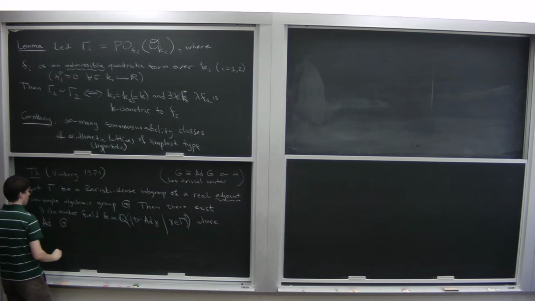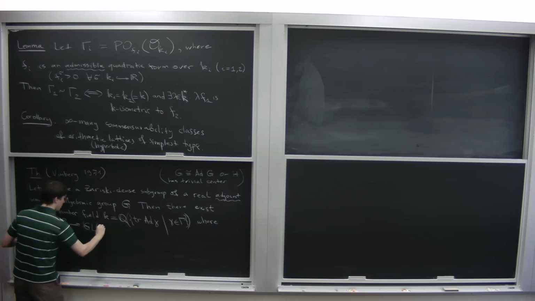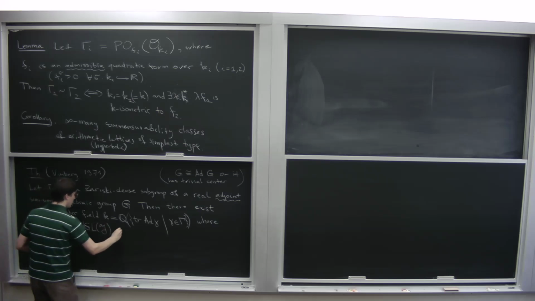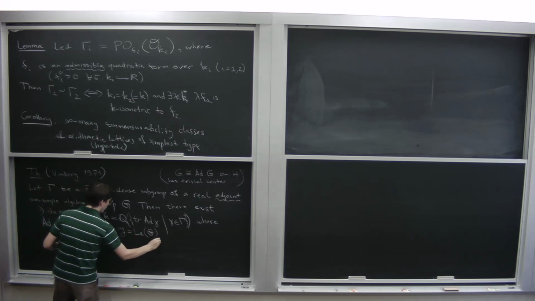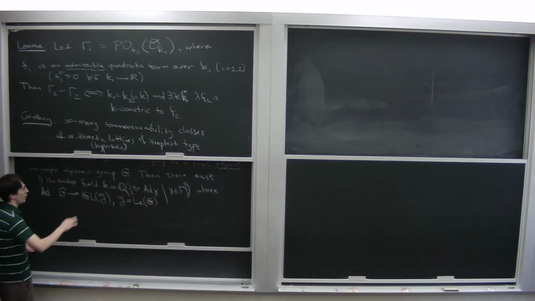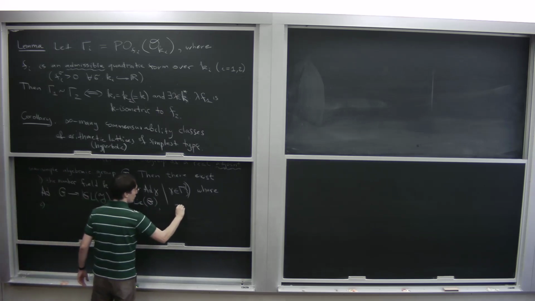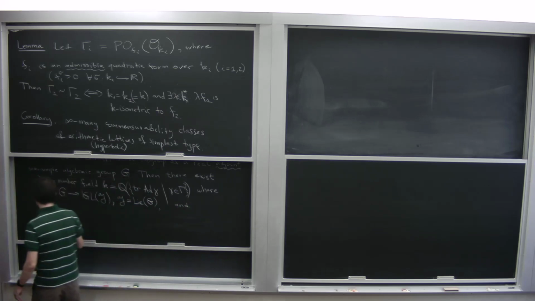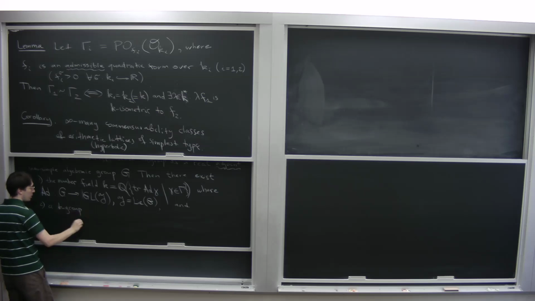So it acts on the Lie algebra, where this is the classical notation for the Lie algebra of G. So the number field K and an algebraic K group